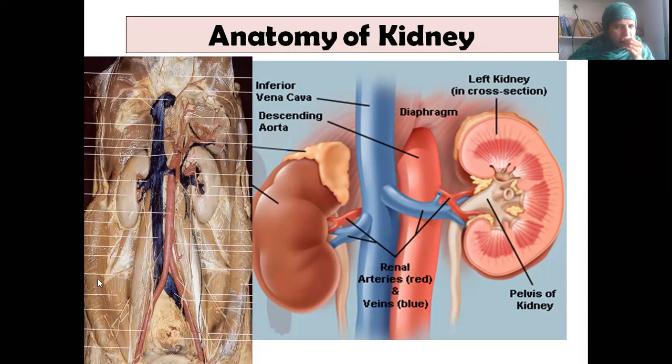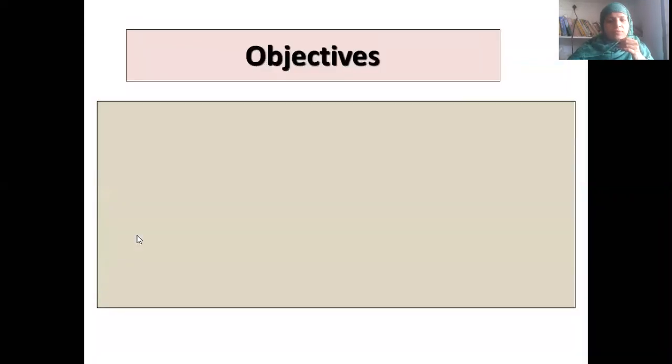Now in the posterior abdominal wall, are you able to see these muscles? Let's name them. Yesterday I asked you to remember one code: P, Q, T. Psoas major, quadratus lumborum, and transversus abdominis. So in the posterior abdominal wall you are finding psoas major, quadratus lumborum, and transversus abdominis. These are the three muscles which we have been talking about till now.